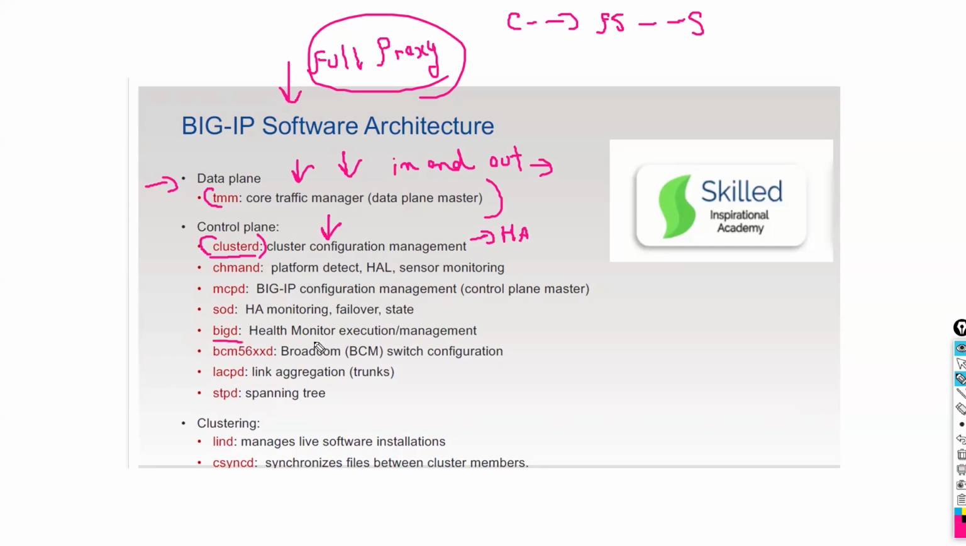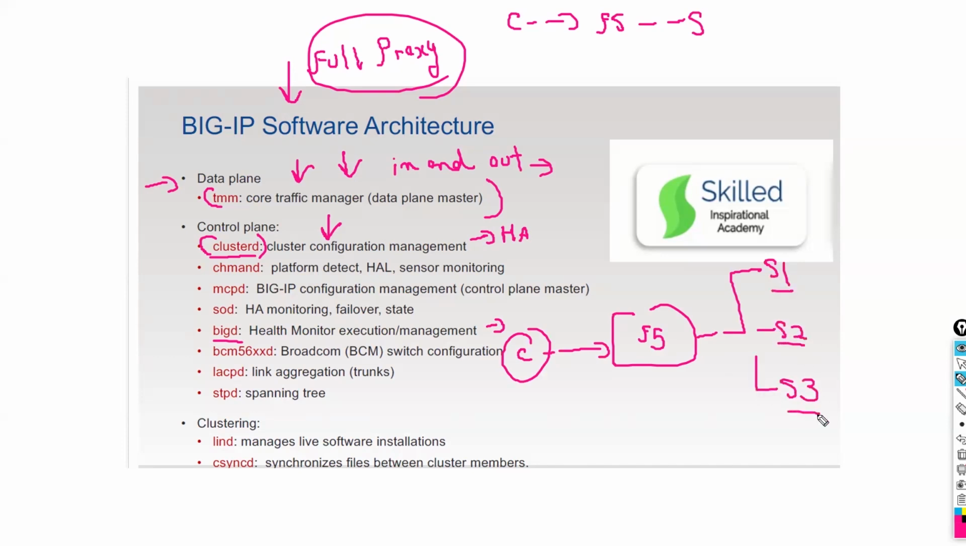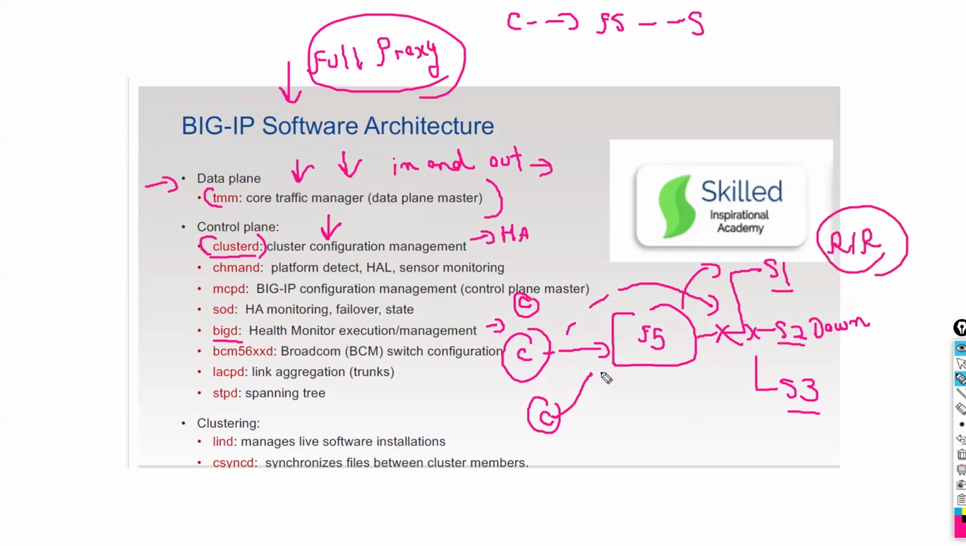There is one more process which is used for health monitor. I was discussing yesterday, when a client wants to connect to a website, it comes to F5. F5 will first check which of the servers are up. If one of the servers is down, it will not send traffic of that client to that server because it can cause issues. Let's say I have three clients. For one client, F5 will send the traffic based on round robin to server one. But the next client hits the same virtual server. Let's say the website is